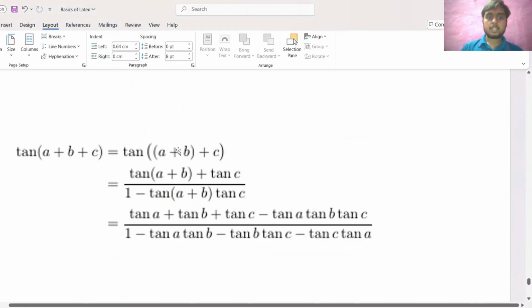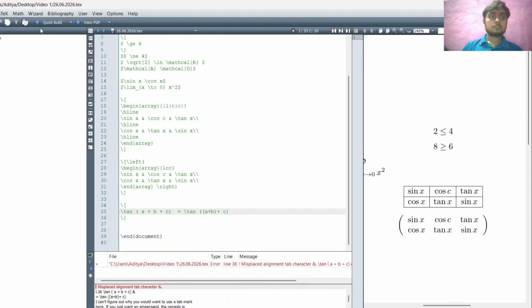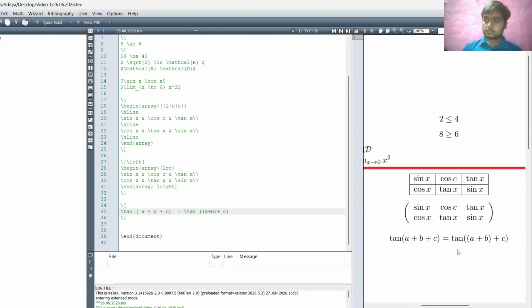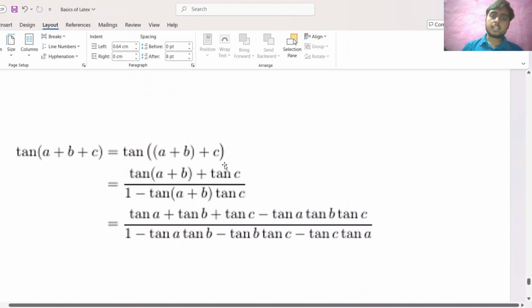Fine. Then tan of a plus b plus tan of c by 1 minus tan of a plus b tan c. Okay, so we'll print this result. Then we have tan a plus b plus c equal to tan of a plus b plus c. Now the second line, observe that the second line is aligned with the equality operator.